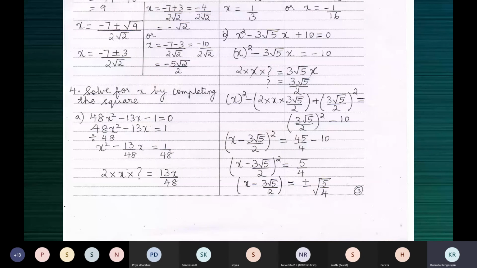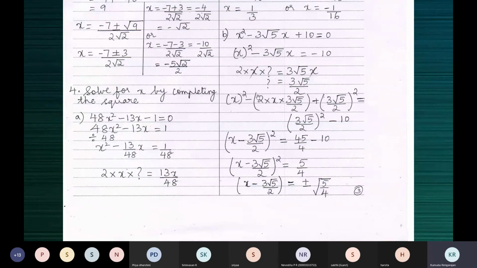So we are adding 3 root 5 by 2, the whole square, to both the sides. We want q square, not q. You can see the first term here, x the whole square, and this one which is written in the form 2pq. We don't write this as it is. We show that it's in the form 2pq, where 2 is 2, p is x, and q is 3 root 5 by 2. Here 2 and 2 cancel, and 3 root 5x, 3 root 5x. We just write this in the form 2 into p, which is x, and q, which is 3 root 5 by 2.